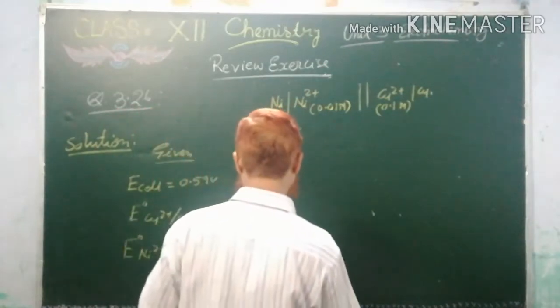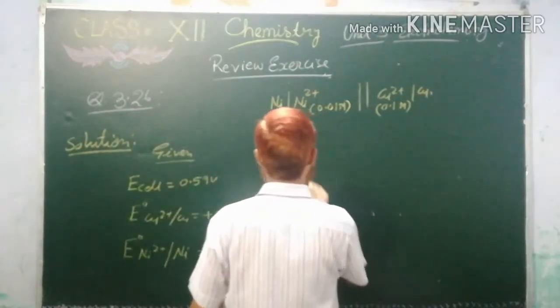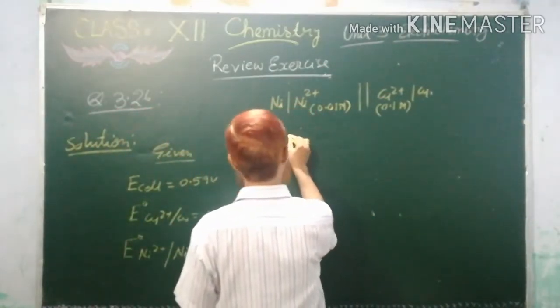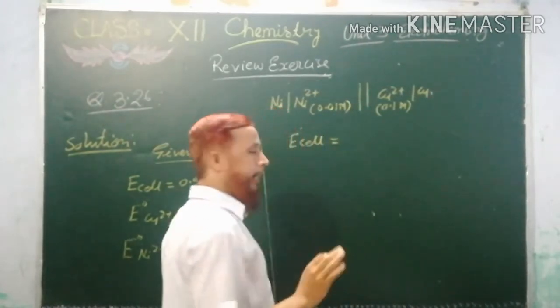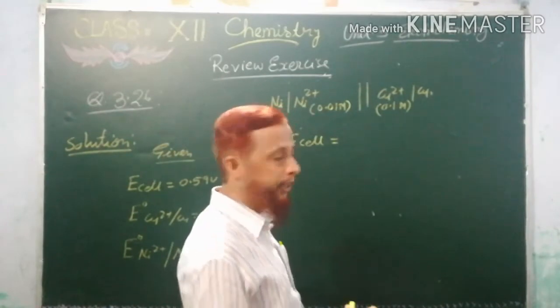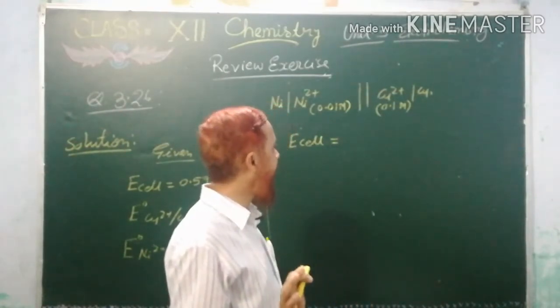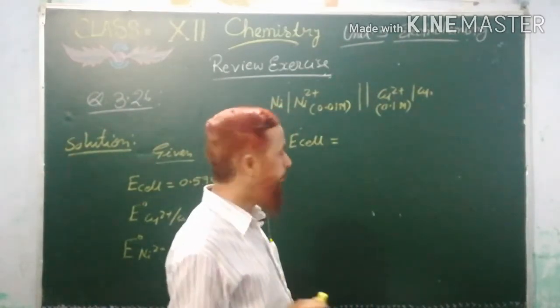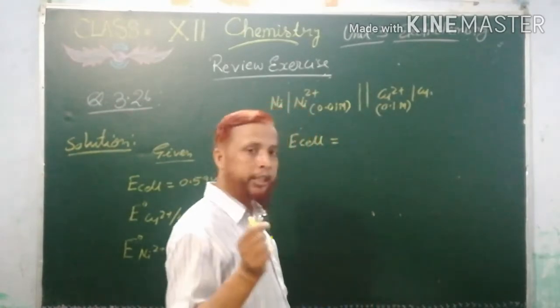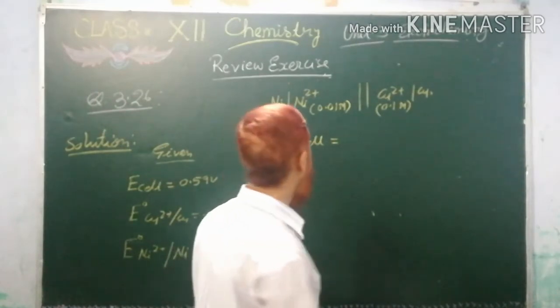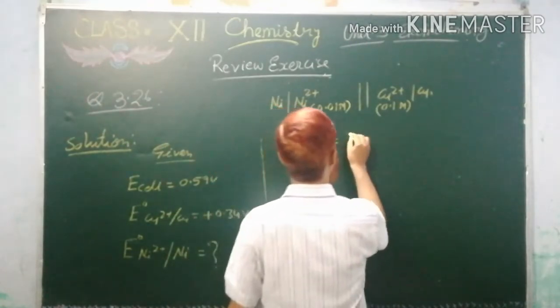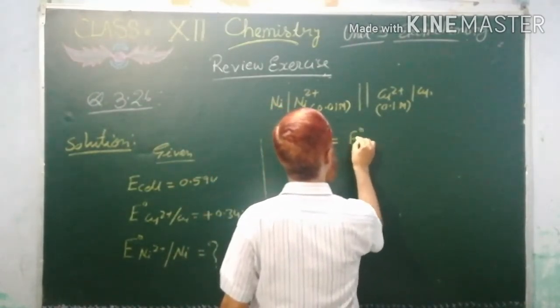Here, we are going to use the Nernst equation like this. E cell will be... don't forget to write the equation first. Marks are already allotted for the equation. Even if nothing else is done, for writing the correct formula or equation, you will get the mark. So E cell will be equal to E naught cell